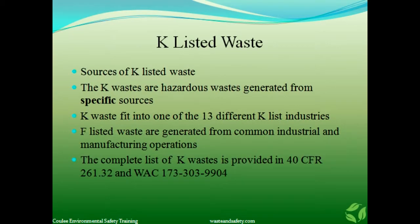K-listed waste. The K-listed wastes are hazardous waste generated from specific industrial sources. To determine whether a waste will designate as a K-listed waste, it must first be determined if the waste comes from one of the 13 different industries identified to produce K-listed waste. Then you must determine if the waste is generated from a specific process within these industries that have been identified by EPA to produce one of these listed waste. The 13 businesses that are sources of K-listed waste codes are associated with the production of